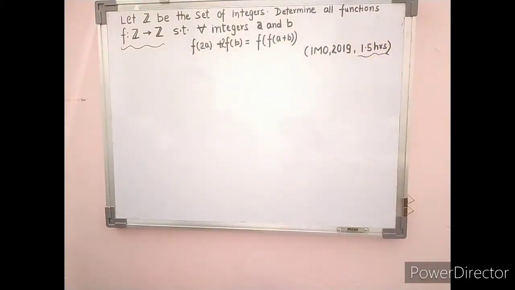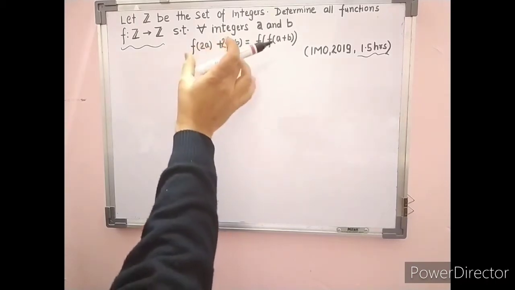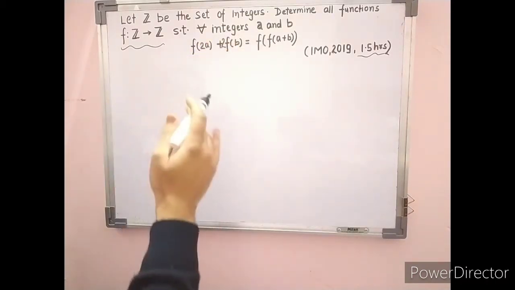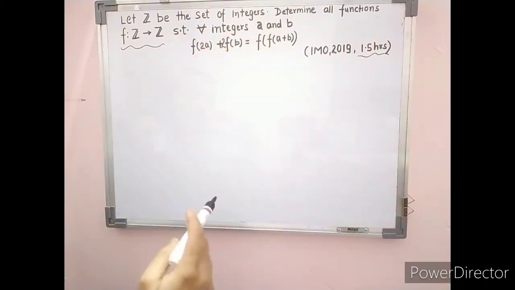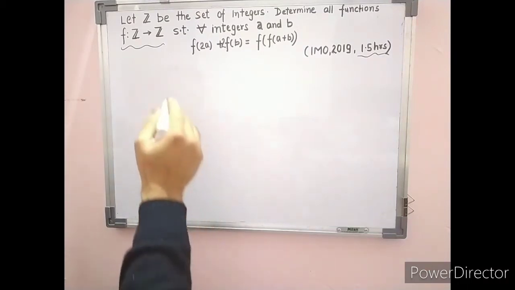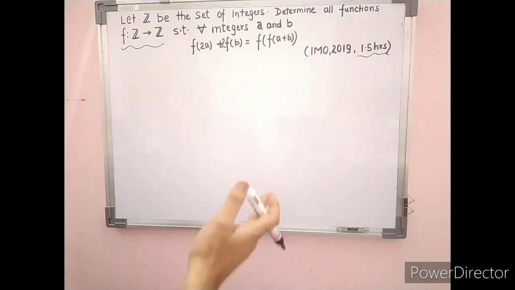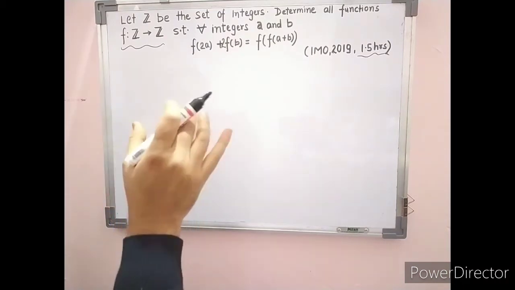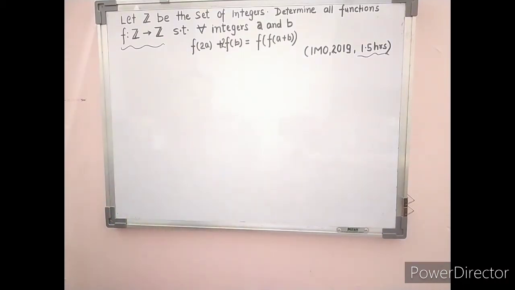So actually while solving this type of functional equation, what we do is we substitute some values in place of a and b, for example 0, 1 or negatives of each other, like that. Since I have done all these rough works earlier, I will be taking the values that are precisely needed to solve this equation, so as to guide you on how to approach this particular question.